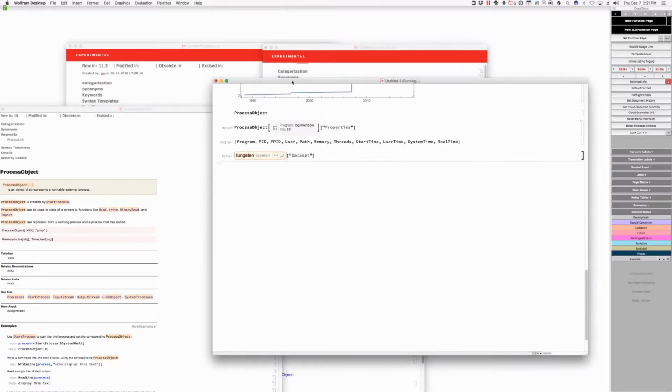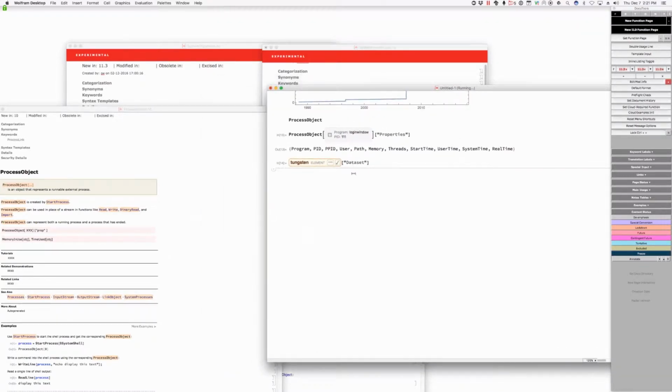And we can say that it has various standardized properties there. That's great. So program, are we calling it program, or is that what we call it in the actual data set? So it's not program name, it's just program, right? Right. And it's also how it's called inside the object's little box. Okay, so we need documentation for all these things here in the process object. In fact, we had started documentation here. Can represent both the process that has... okay, so then in here, we need to go ahead and document,